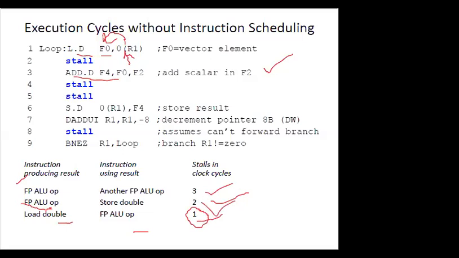In this case, we are storing this result. So the third instruction will be to store from this F4 location to some location. So this is a write operation. Then, suppose there is no stall in this part, we have a decrement pointer at this point. So the pointer has to be decremented, and until the pointer is decremented, it has to take a decision at this point whether this branch can be forwarded or it cannot be forwarded.